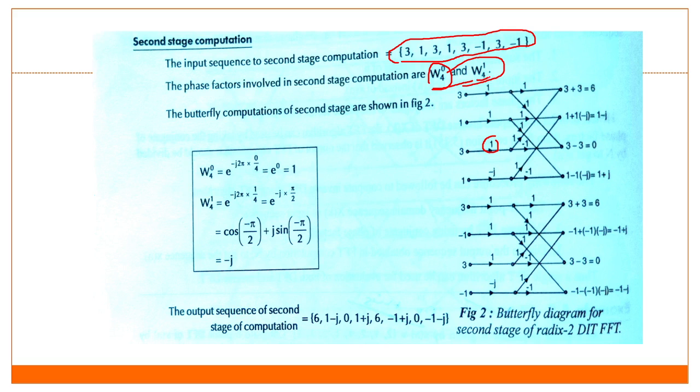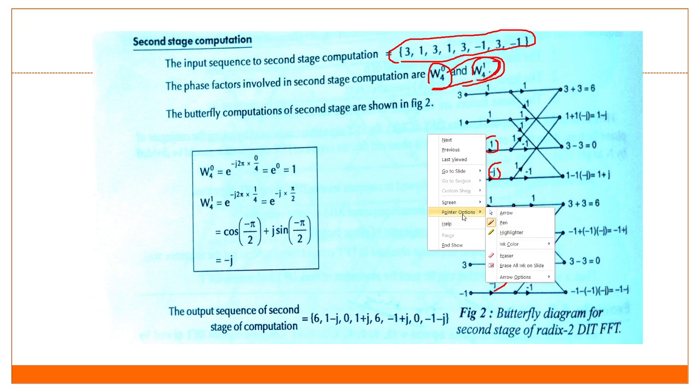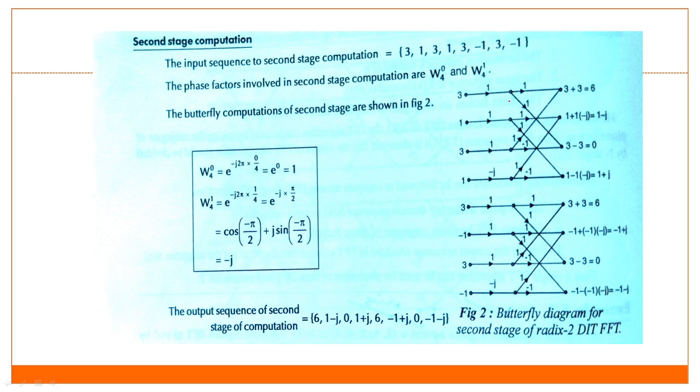And for this W4 to the 1, its value is minus j. I have written over there. So similarly, write down over here 1, 1, 1 and minus j. Why is it minus j? Because its value, we have to take like this one. So how we are doing this thing, I want to tell you, is that for half point,